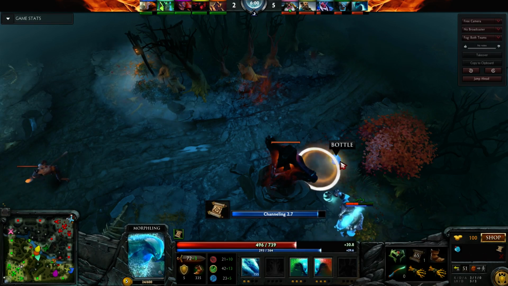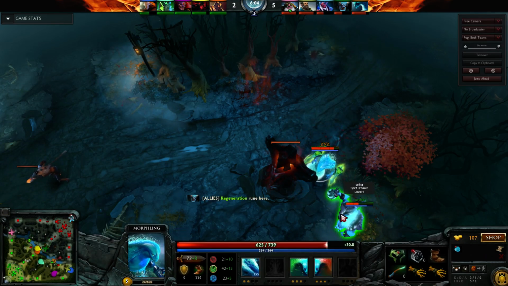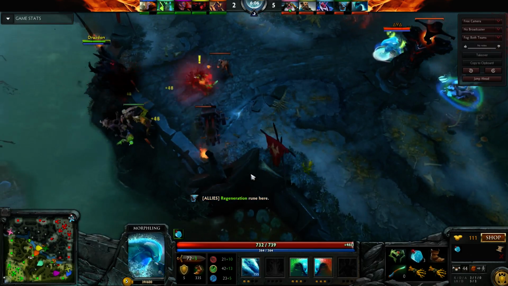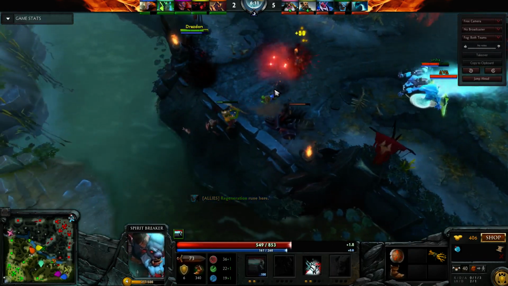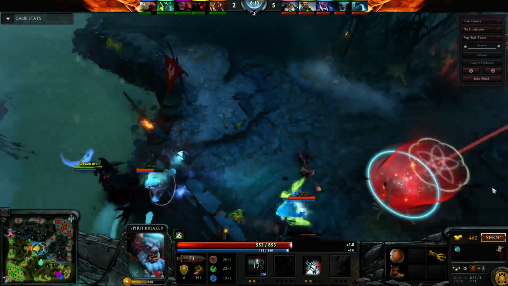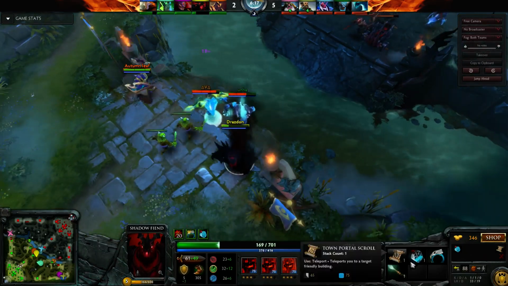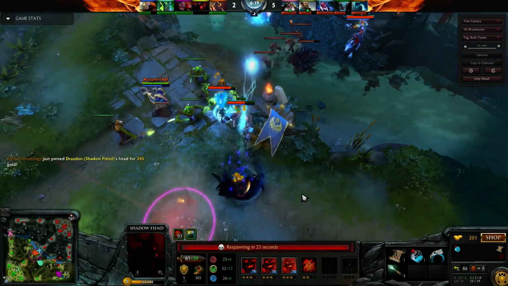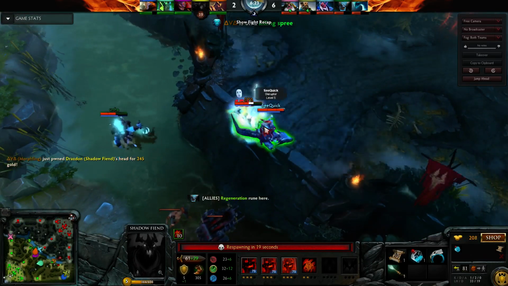So I just TP on mid again, grab my bottle and refill it. Heal the Spirit Breaker up a bit. And we just go for the next kill. I think, yeah, he actually charges Shadow Fiend, so Shadow Fiend at this point is a really easy kill. It doesn't even have boots. He has Aquila and bottle, and it doesn't really help when you have 2 heroes hitting you on bottle, so